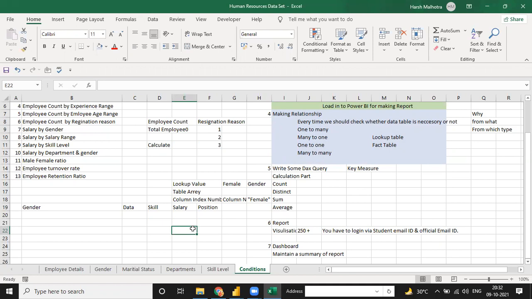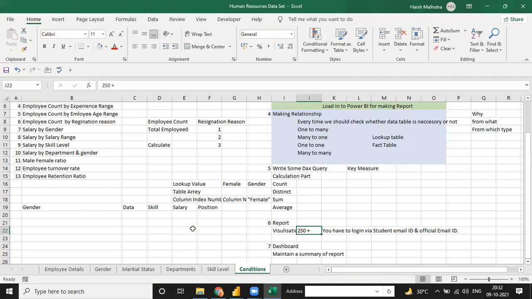If I ask you to tell 500 function names, you cannot; you can tell just 10 to 20. So practice every function. I also shared a 60-page DAX function file, so go through that file, see what to write in DAX function queries, and make your learning better.